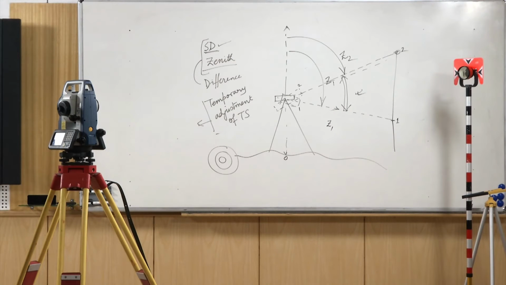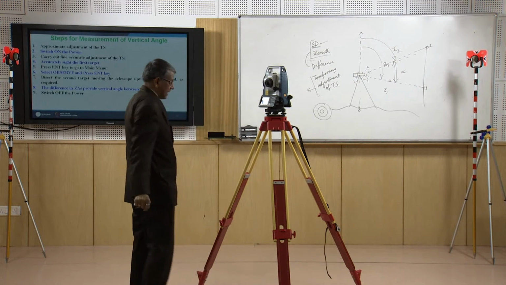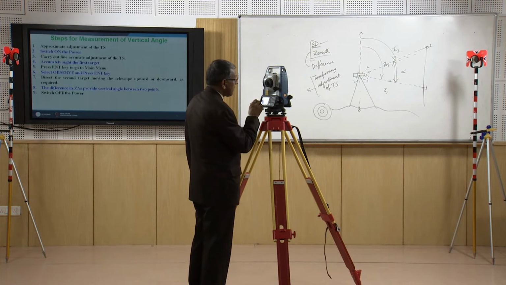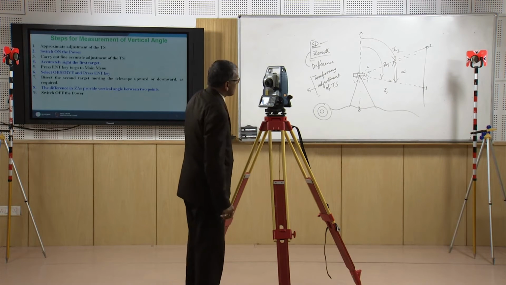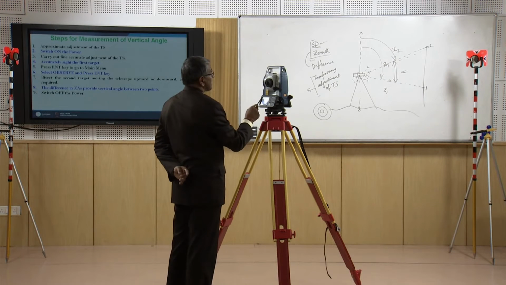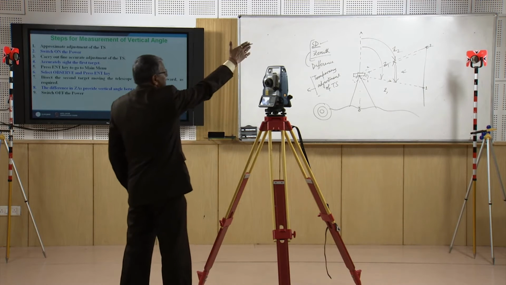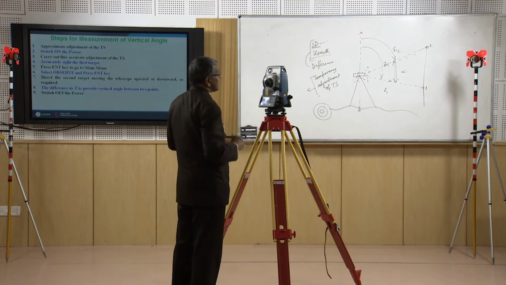So now this telescope has perfectly bisected the center of the prism. So now I can start to observe. Now if I give the observe command, then inside EDM I can make the prism reflector, the prism is kept here. So okay. I can see the zenith angle for this object is 84 degree 45 minute. Bisecting the instrument to the object, we can directly get the zenith angle.